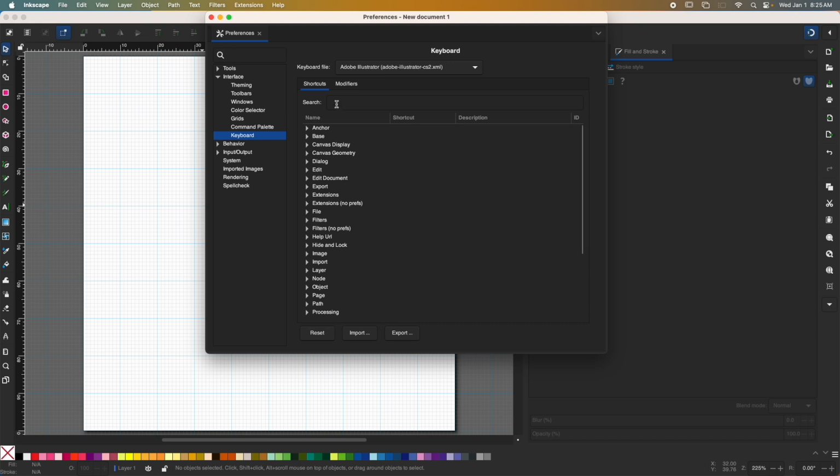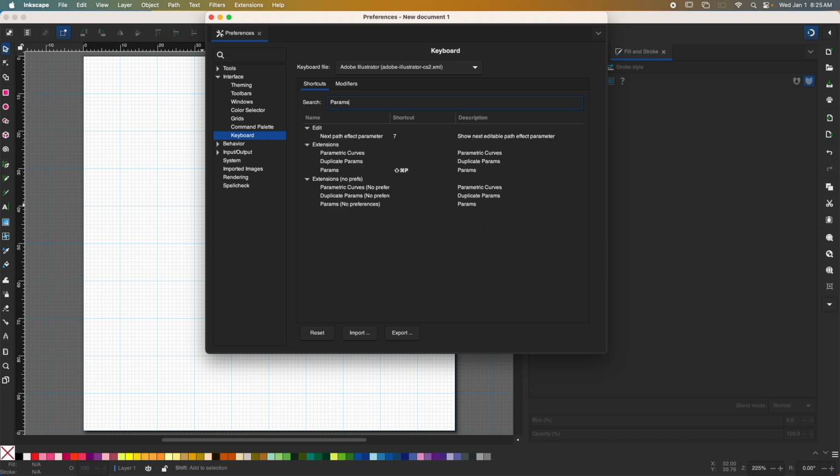Under Keyboard, you can see I have my Adobe Illustrator keyboard shortcuts set here. But in order to find exactly what you're looking for, it's best to search for that. Because you can see there's quite an extensive list here. So I'm going to search on